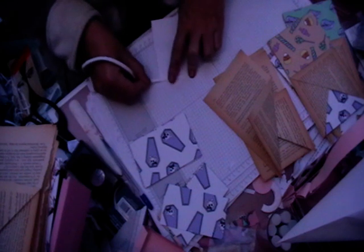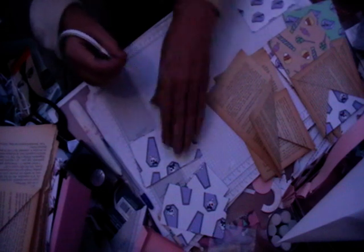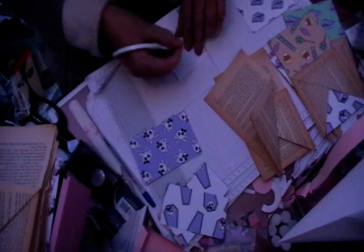So I'm going to make these into a pocket. So you just put double-sided tape on all 3 sides. So yeah, I'll do these on here with double-sided tape,